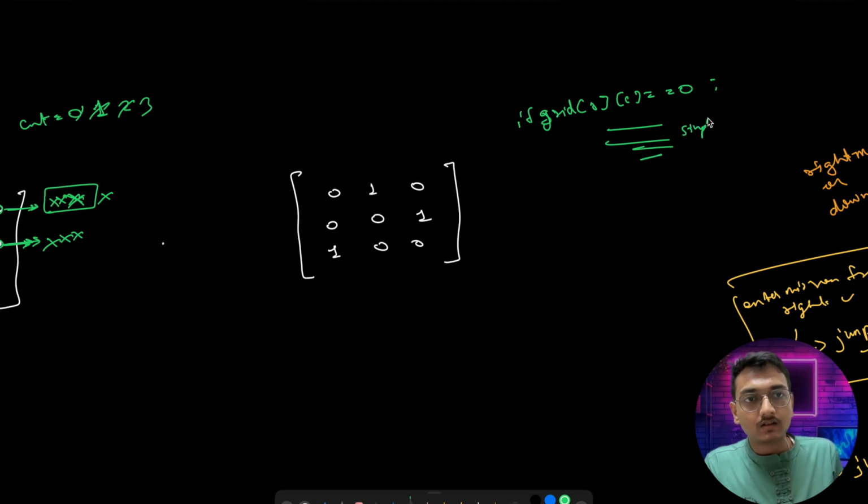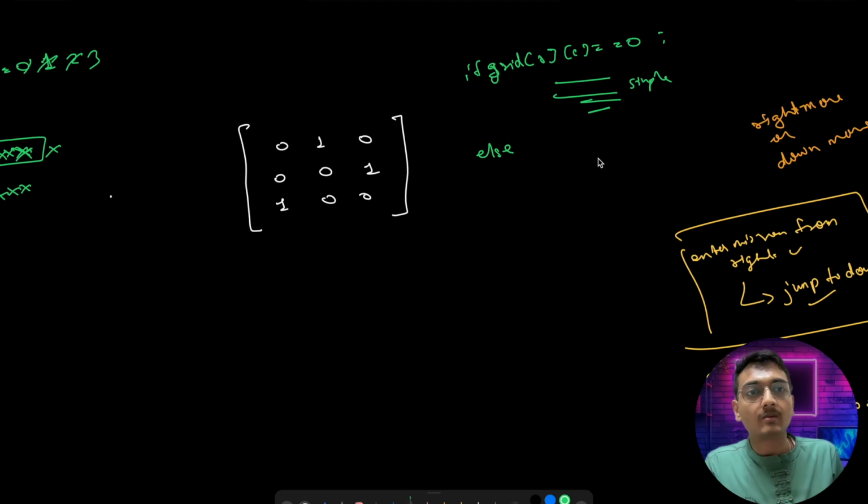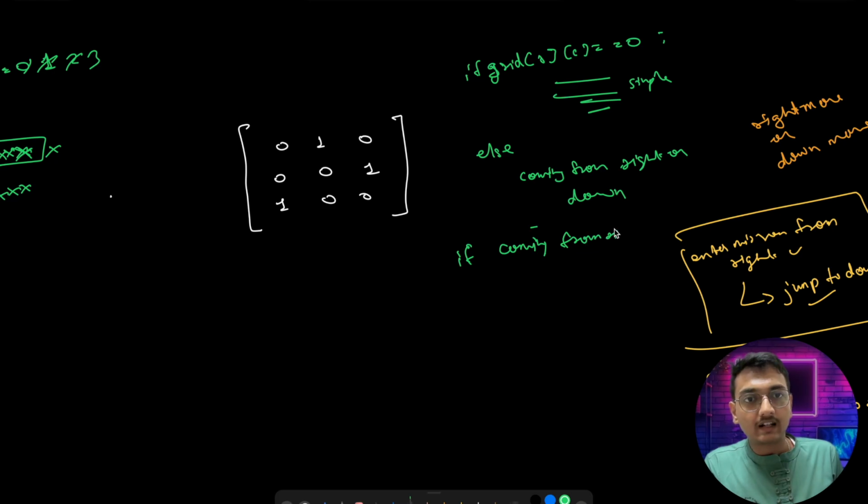Else, let's say if grid of row, column is equal to 1, in that case what I need to do, I need to track whether coming from right or down. So let's say if coming from right, in that case what I need to do, jump